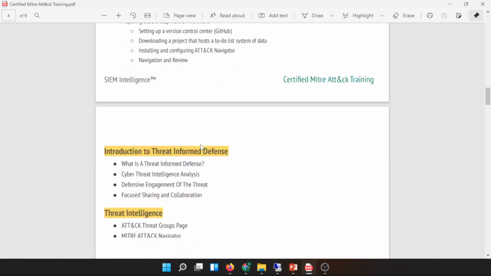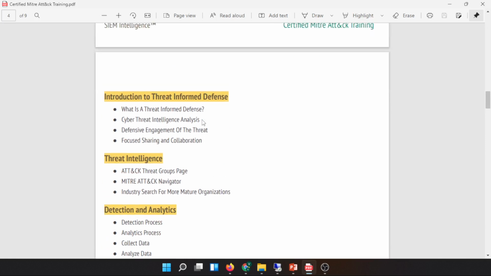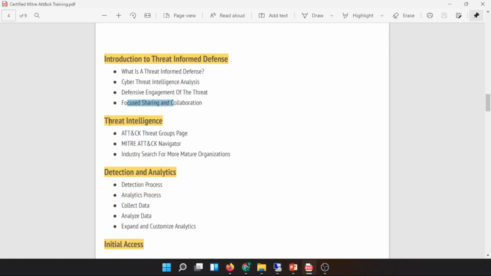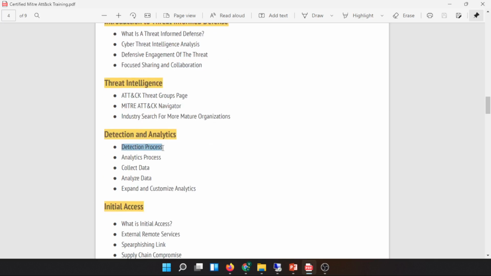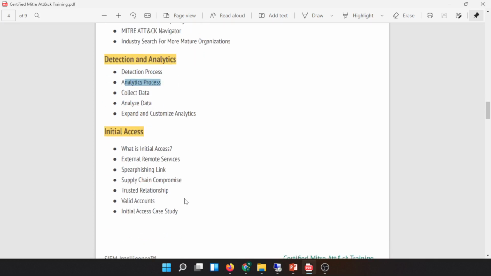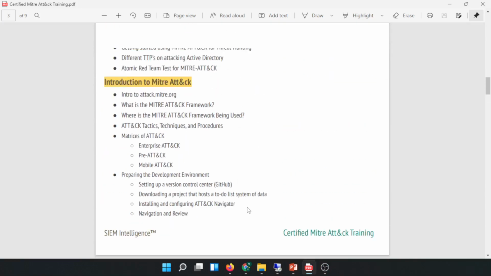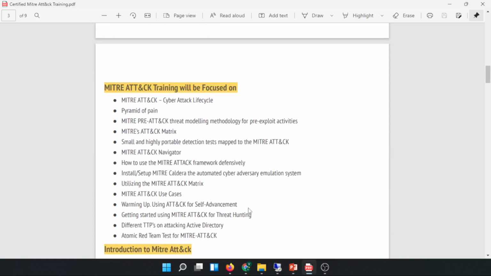Then we will talk about threat intel informed defenses, then cyber threat intelligence analysis, then defense engagement of threats focused on sharing and collaboration, how to do those. Then we will talk about threat intelligence, MITRE ATT&CK navigation, industry search for more mature organizations. Then we will talk about the defense process, analytics process, collected data, analyzed data, and customization of your analytics. So we are going to cover all these strategies, and specifically the MITRE ATT&CK framework lifecycle is one of